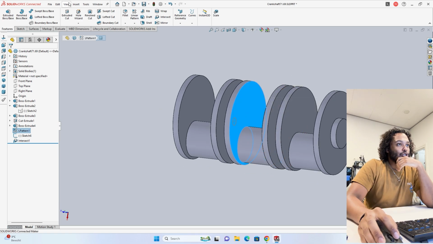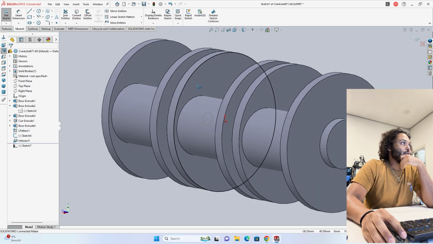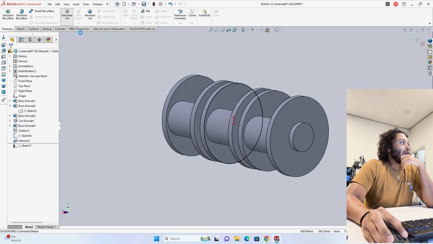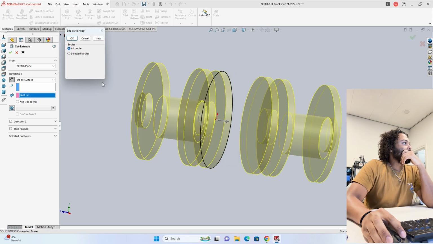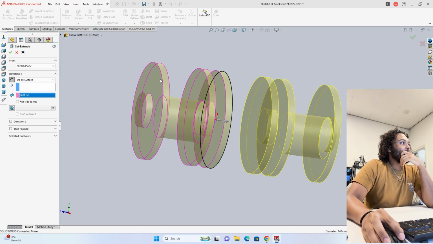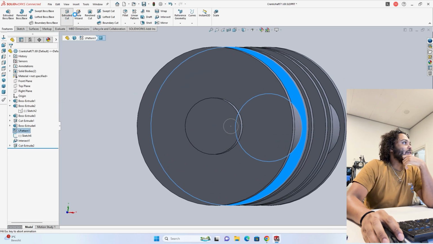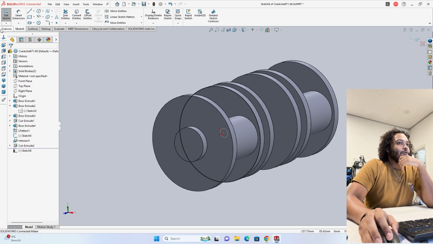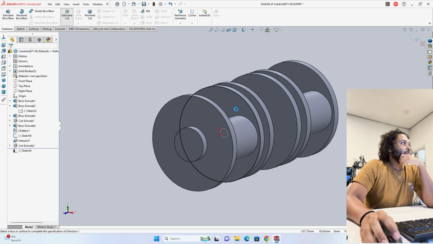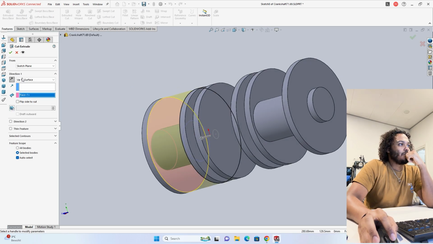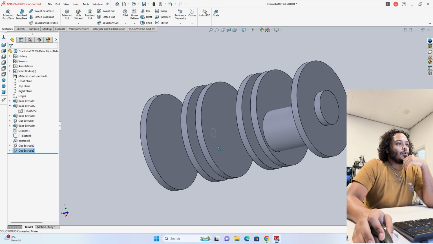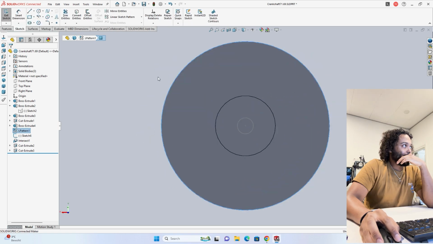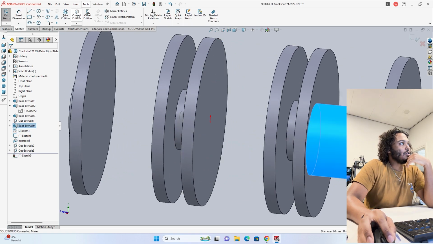So what we're gonna do is we're gonna select this surface, cut extrude, convert entities, cut extrude up to this surface right here, and then keep all bodies, of course, and then go ahead and do the same here. Cut extrude, keep all of the bodies, and then we're gonna select this sketch, and we're gonna convert entities for this one,